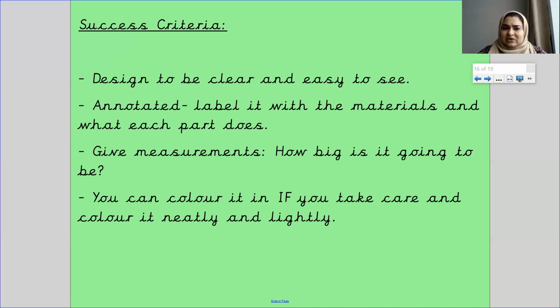You need to make sure that it is annotated, so you label it with the materials and what each part does. You give measurements, so how big is it going to be, and then you color it in if you take care and color it neatly and lightly. Okay,